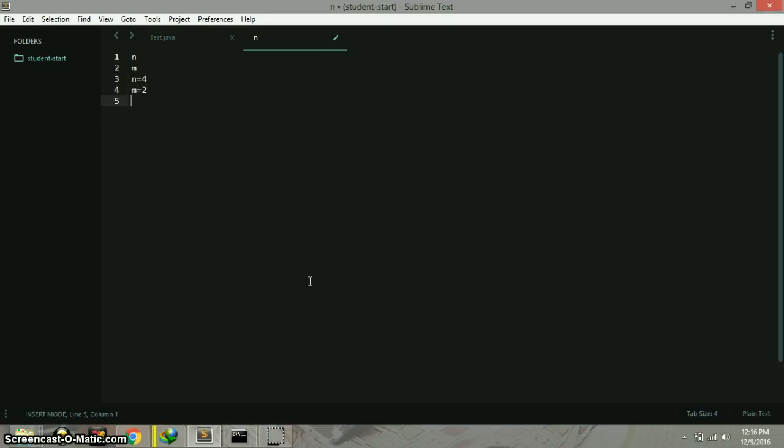So 4 is represented by this in the binary system, and you have to flip the mth bit from the right. That means the first and the second, you have to flip this bit,